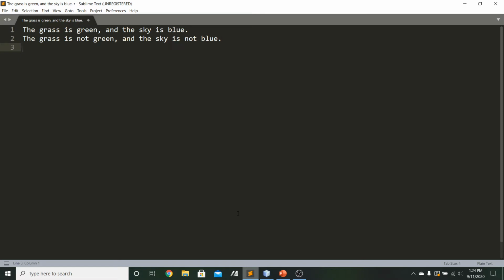And then the other two cases that might not be quite as clear as these first two are when either one of these by themselves is false. So maybe the first one we can do is the grass is not green and the sky is blue. So it might be true that the sky is blue, but because we're using a logical AND for this, so we're trying to say